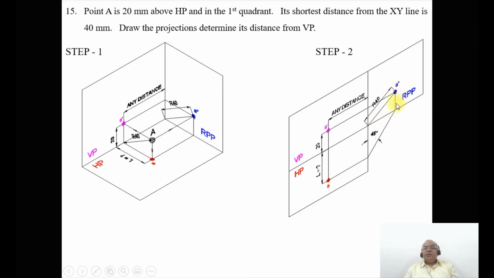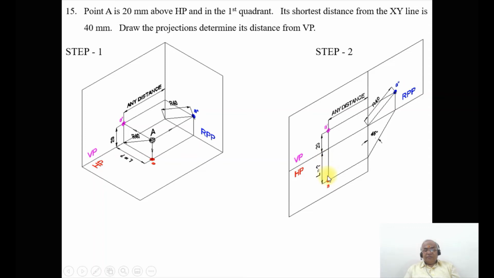as A double dash. So the distance will be above HP, and this distance automatically becomes in front of VP. And then from this point you draw a 45-degree line so that it cuts this particular line. And from here you draw a horizontal projector, and then from here you draw a vertical projector. Both these two will intersect at this point, and you mark this point as A, and then you